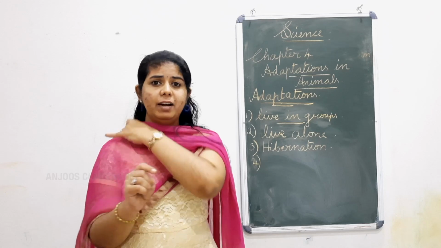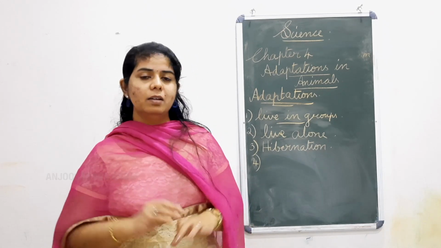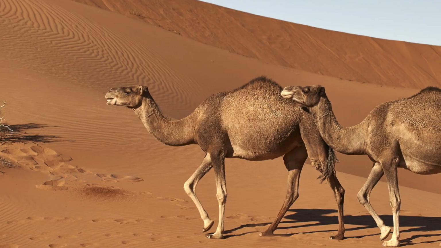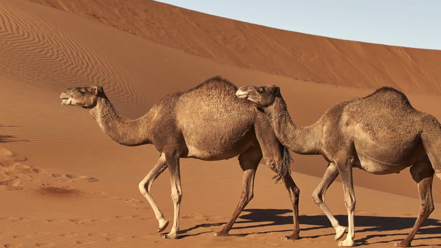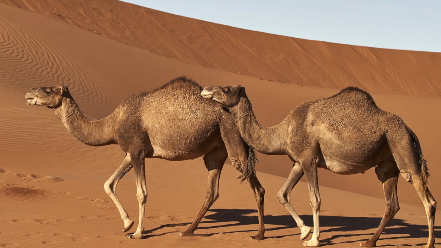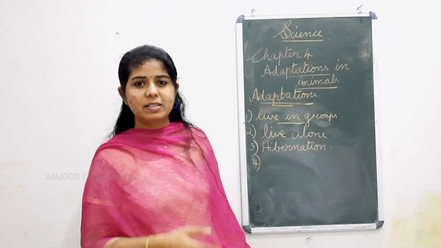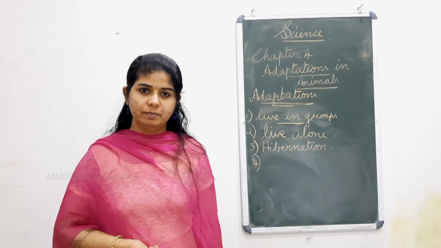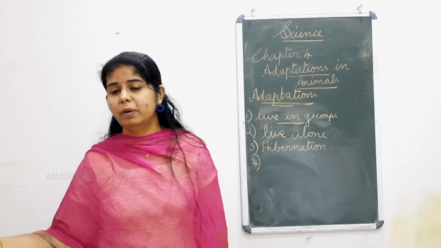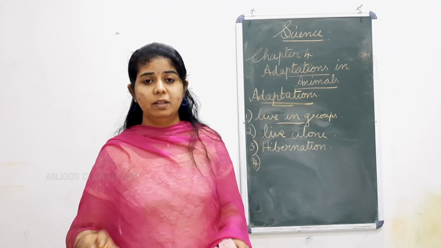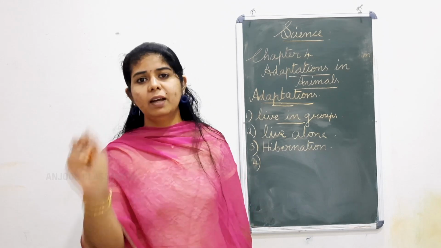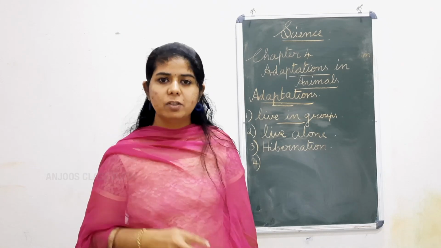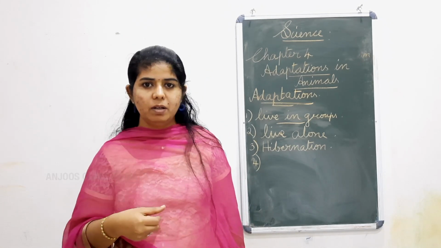And there we can find an animal. Which is that animal? We call that animal the ship of the desert. Yes, that is the camel. Now, how do these camels live? Can you go in that hot desert for a long time? Can you go and stay there? Even here in the summer season, you are not able to afford that hot climate, isn't it? Now, the common animals also cannot afford it. But these camels are the main animal in that desert area. How are they able to live? You see, there is not much water also.